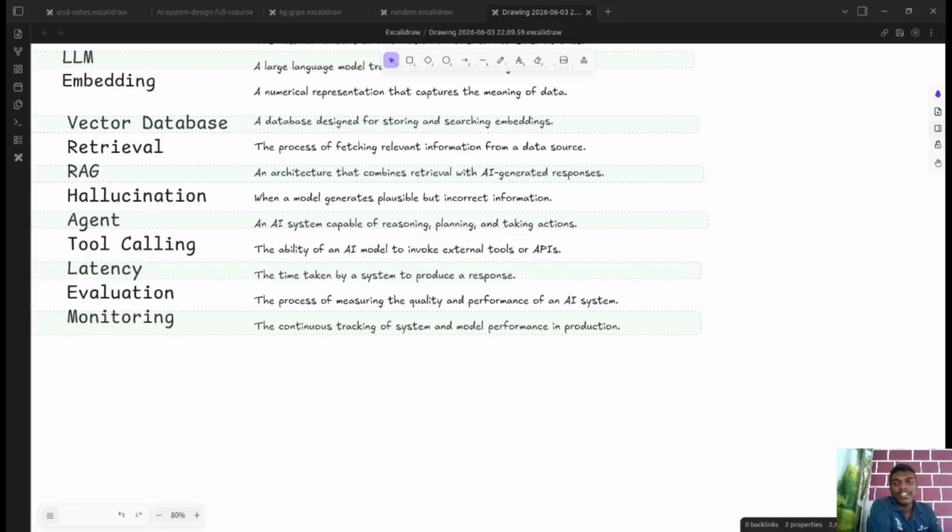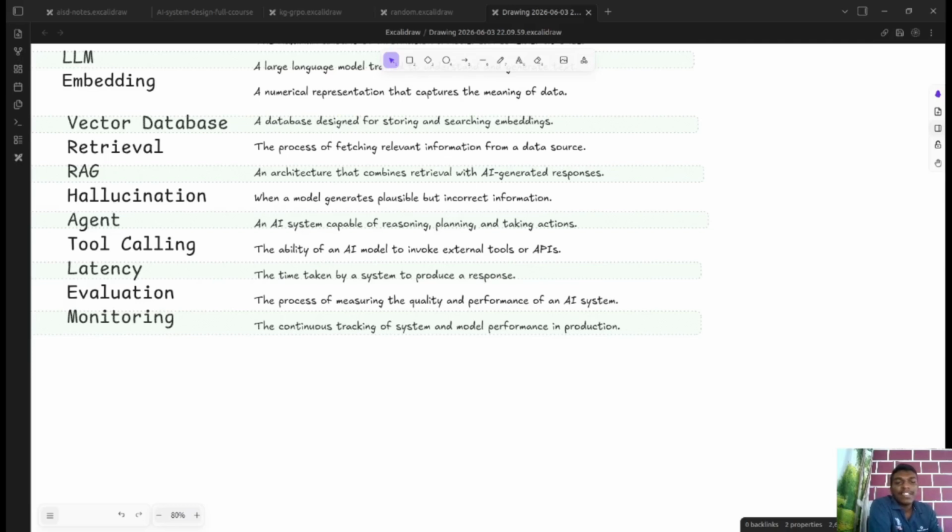Next up is agent. We discussed it quite a lot of times here. An agent is an AI system which is capable of reasoning, planning, and also taking action. We had a brief discussion there, so maybe it's clear from that. Tool calling is a functionality of an AI model, or to be more specific, of an agent, to invoke external tools or APIs which contain business logic.